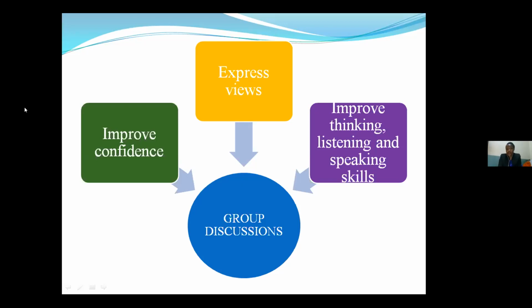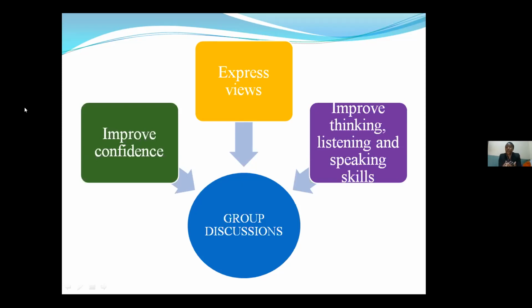As a result, they'll be able to improve the confidence of standing up and speaking in front of people. So even the shy students will be able to stand up and give out their opinions. This will motivate them to speak, to listen to one another, to read, and sometimes to write. So please use group discussions in your classrooms because they motivate your students to learn the English language skills, the 4 English language skills.